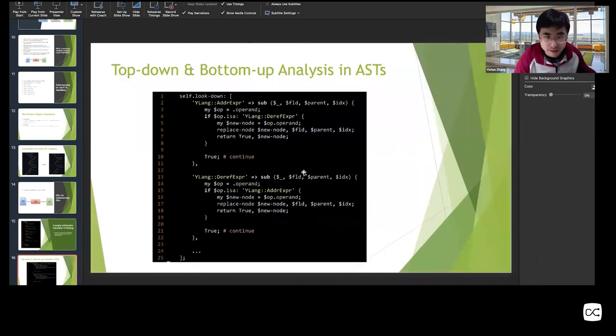Okay, so here is the context-sensitive analysis part. We have a lookdown helper that can match a certain AST node. Here the argument is an array, lookdown's argument is an array. Each key is an AST type. For each AST type, we can have a handler, a closure, right? A function to do processing like replacing the node, doing in-place AST node transformations, or just collecting information from the AST.